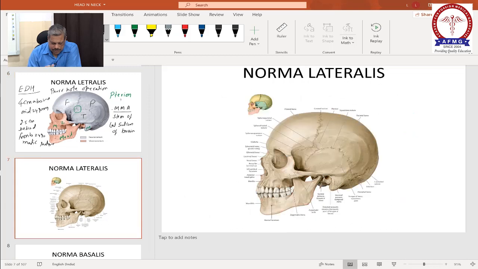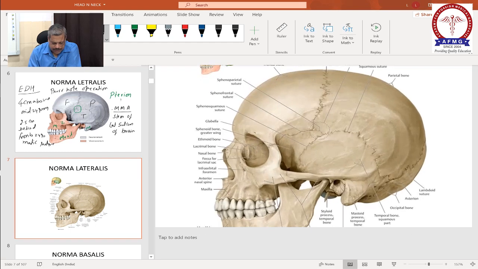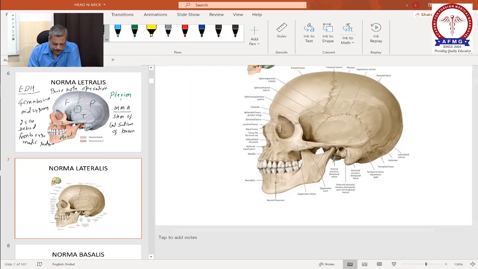See another image of the same norma lateralis. Identify, this is the pterion. You can easily identify this encircled area. This is the pterion. Now see